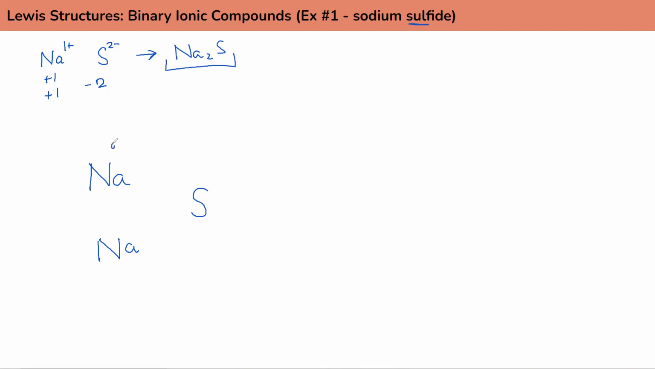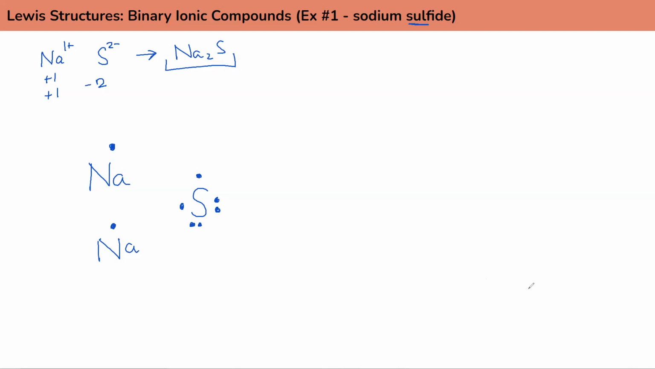Sodium is group 1, so it has 1 valence electron. Sulfur is group 16, so it has 1, 2, 3, 4, 5, 6 valence electrons. I am setting this up in a way that will make my transferring as easy as possible. Doesn't matter really where you put the electrons, as long as you don't double dot before every side has an